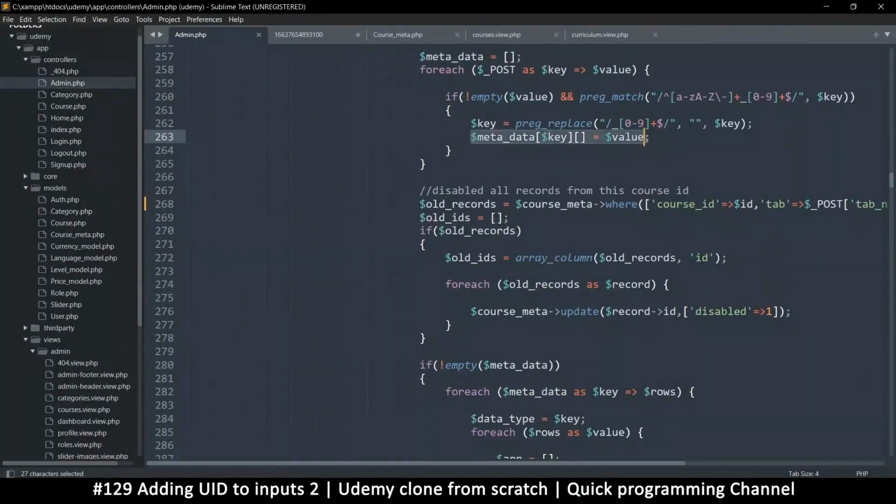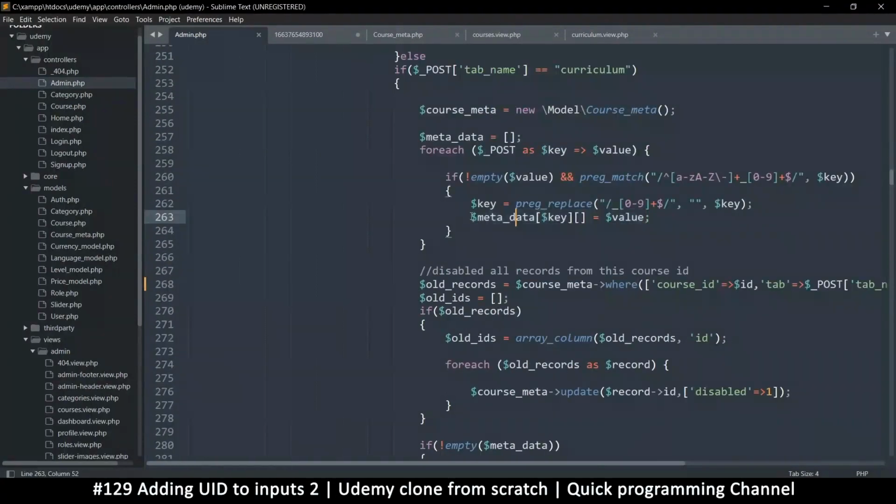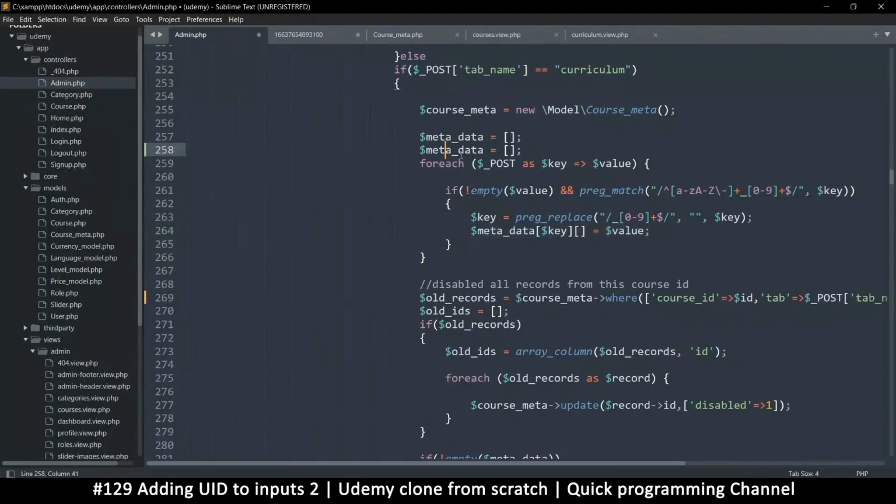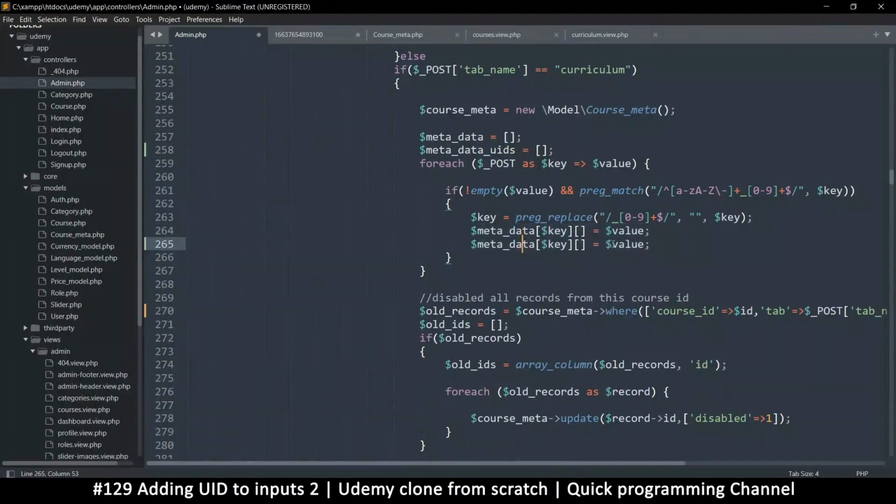those same items with their UIDs. So what I'll do here, I'll grab exactly what's happening with this metadata, but let me duplicate this and say metadata UIDs, so that I can have a separate array that is exactly the same size as this one where I'm putting values, but there I'll be putting UIDs. So here, instead of value, we're going to get a UID. So in the same way, if we have